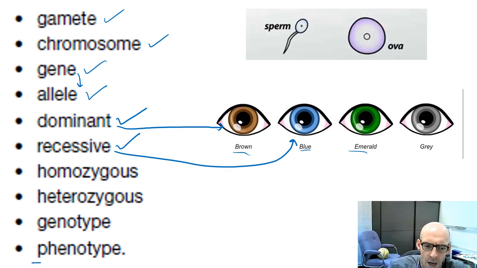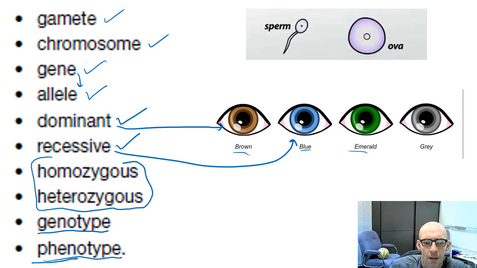Then we went on to what you physically look like is your phenotype, but the genes you have are your genotype. So we've only got 2 words left. And hopefully all these words are going onto your mind map with a bit of an explanation and some drawings or pictures or something to help you remember what they mean. And dominant and recessive tend to be quite easy. People forget allele quite a lot.